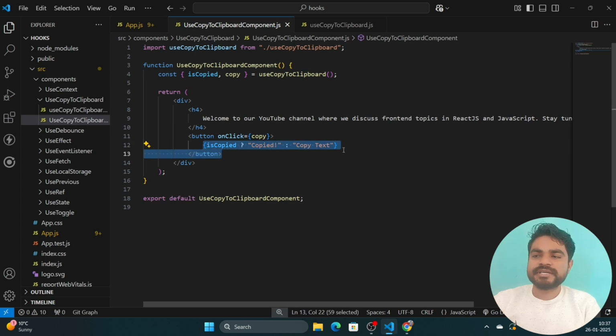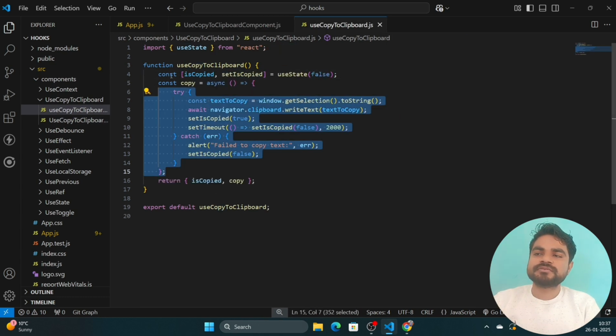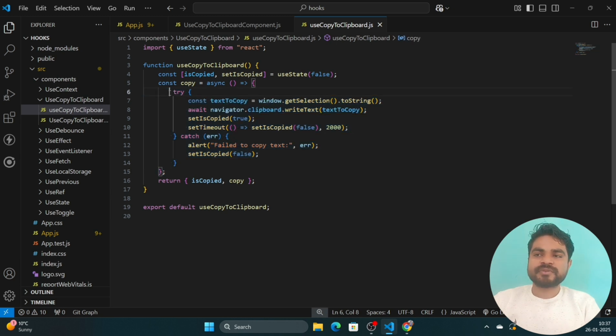What I did is, once it gives true, I write the button name as copied, and if it's false, the button name will be copy text. On button click, I call this copy method, which does all the logic: collecting the selected text from the browser and saving it to the clipboard.